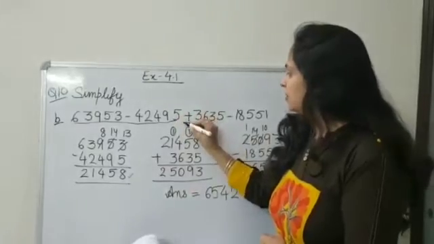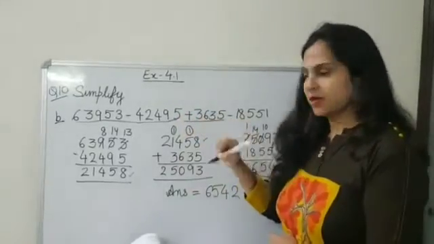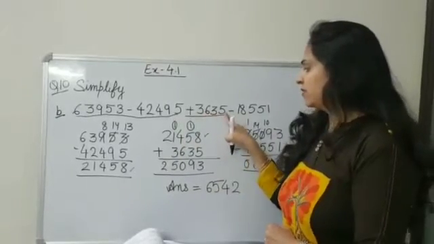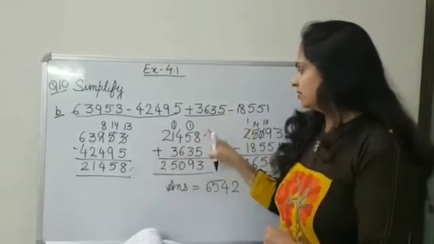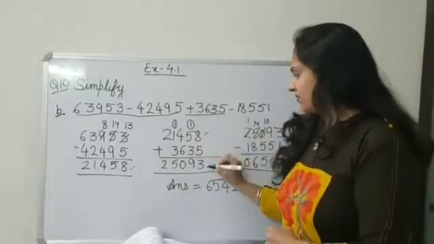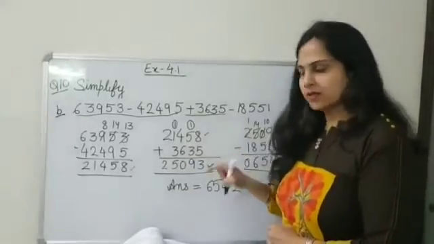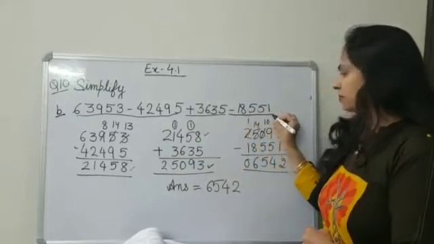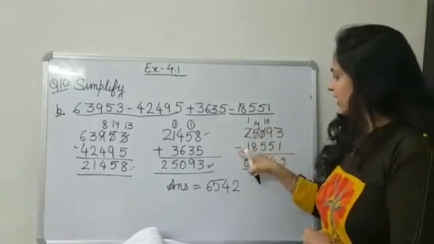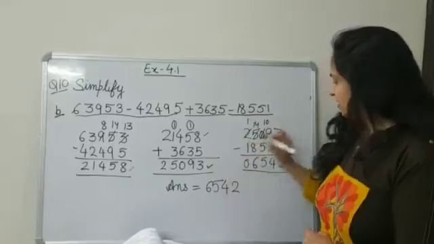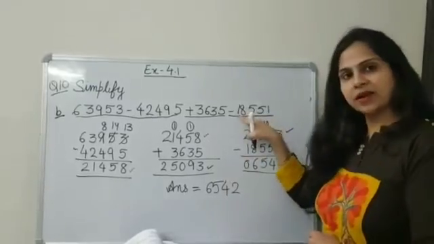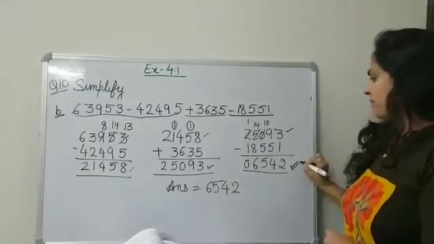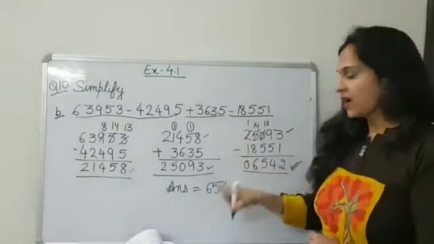Now next number we have to add. Now we will add 3,635 with this answer. We will add and we will again get the answer. Now in this answer we have to subtract this number. Now we will subtract. Again we will write this number here and we will subtract this number from it and we will get the final answer. So our final answer is